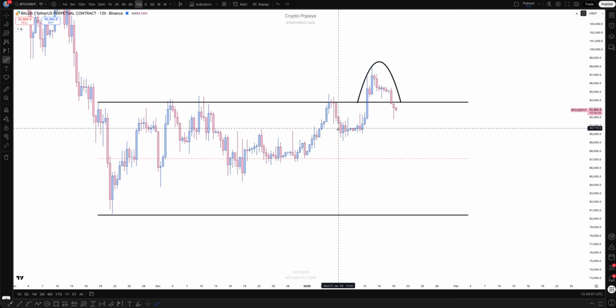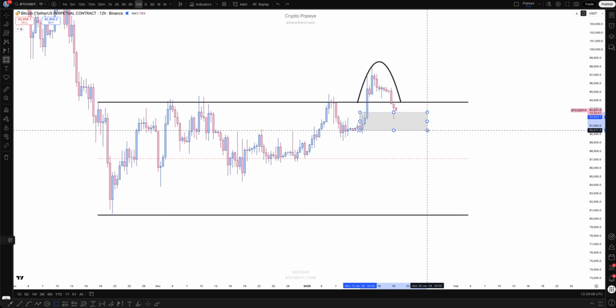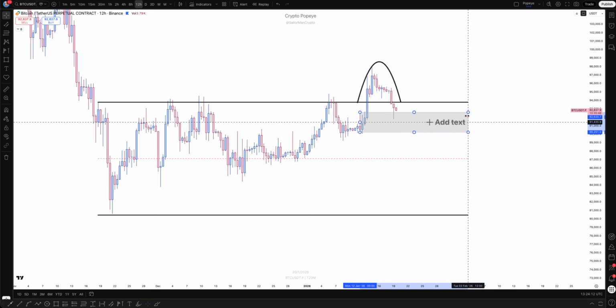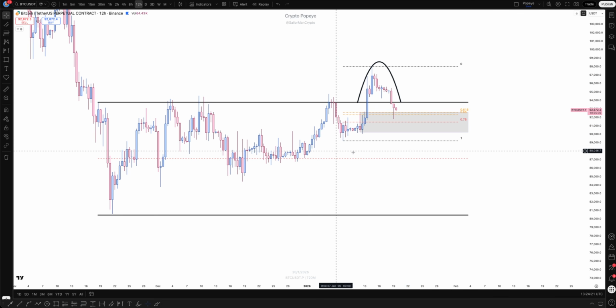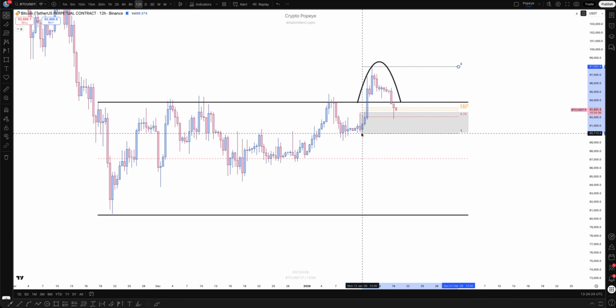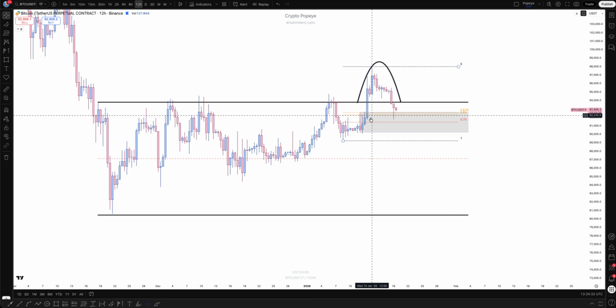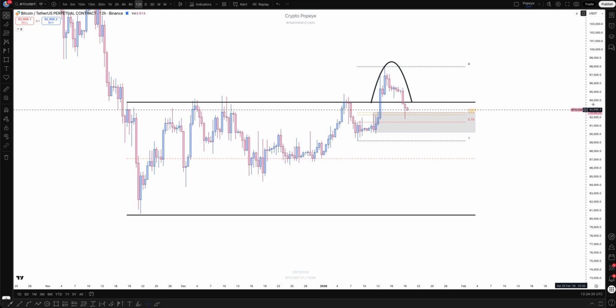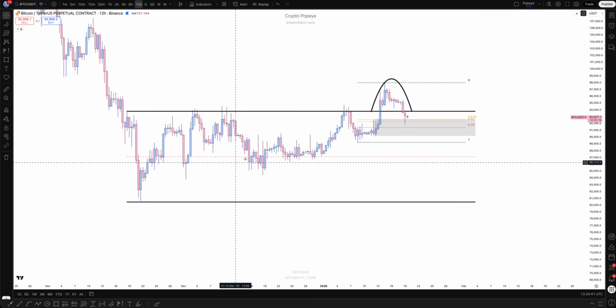Basically, as you know, I'm already long from around this level, and as I explained a few times last week, as long as we hold this demand here, and as long as we hold more or less this Fibonacci here, that as you can see has more or less been tested. You can also make it more aggressive from here, but probably the real low was this one, so this is the leg up. So as long as this level holds, I'm more keen to see this as a trend,